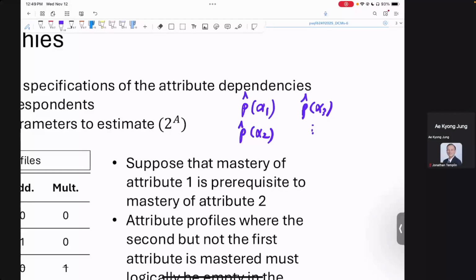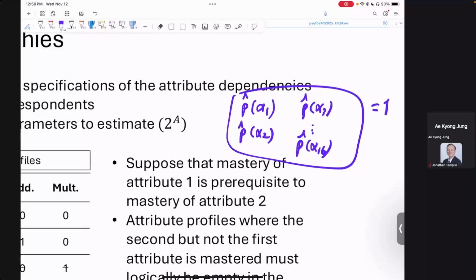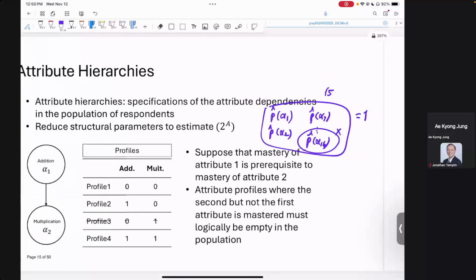If we have 4 attributes, then we have 16 of these. And if we sum all of these, it is 1, so we don't need to estimate one of them. So totally we have 15 parameters to estimate. We only have 4 attributes, but 16 parameters to estimate, 15 parameters, sorry. So we want to reduce that